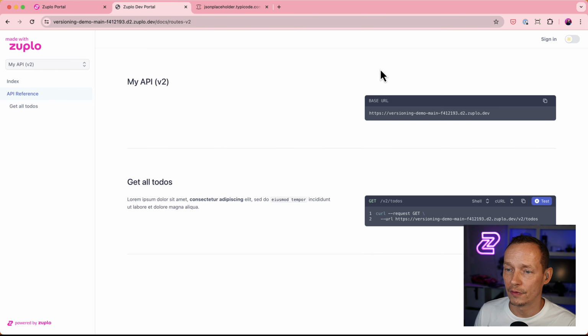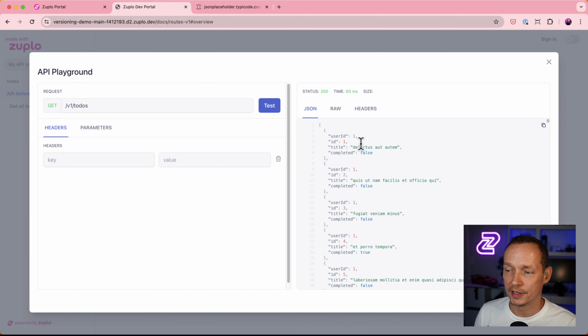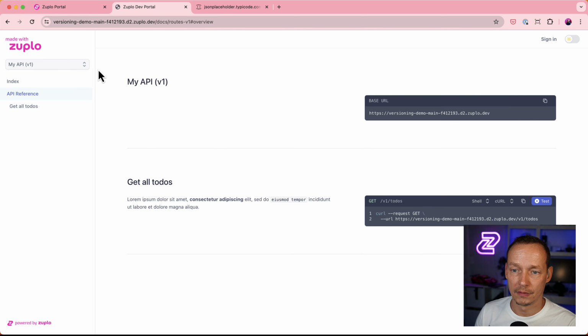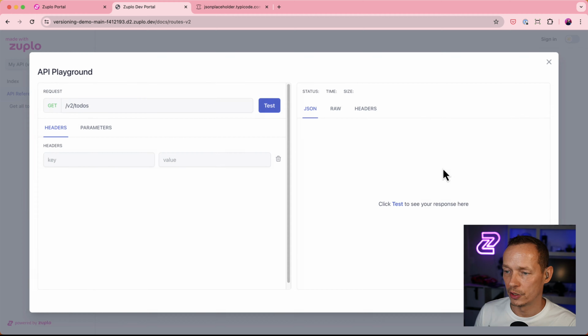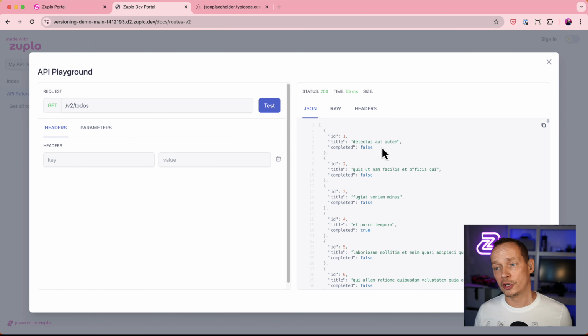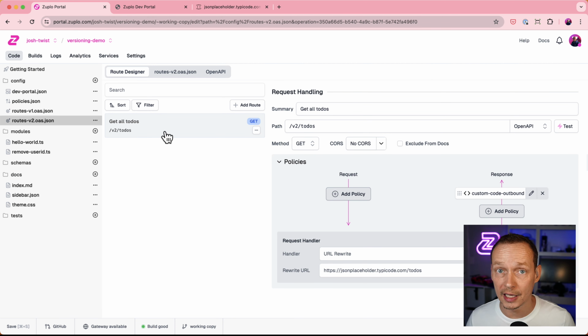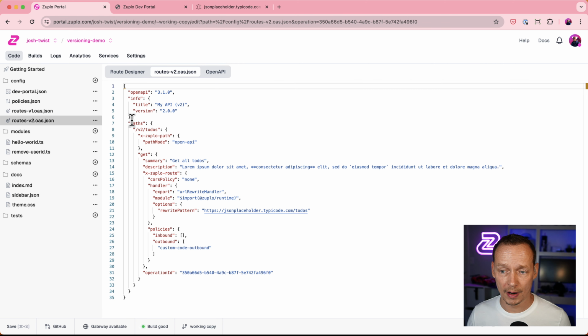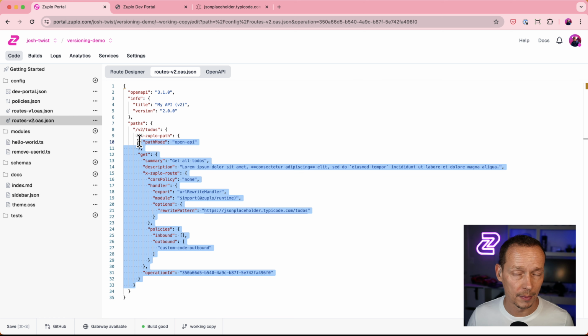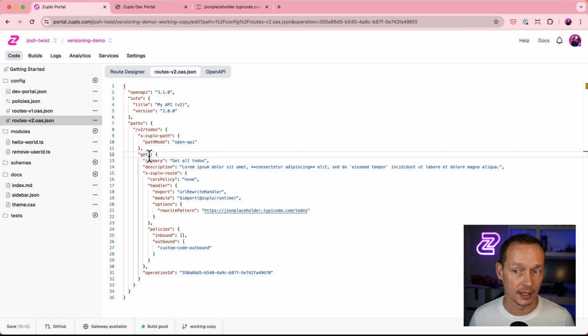So notice I've got 2 versions of my API actually using the same backend, but one is hitting v1, which has a user ID, and one is representing v2, which no longer has a user ID. The other change you should make here, but I don't have this, and I'll leave this as an exercise for the reader, is you probably should have schemas for your response types in your routes.json file, in your OpenAPI file here. You'd obviously want to modify the schema to say this one doesn't have a user ID, whereas the other one does. But that's how easy it is to think about versioning, especially URL-based versioning, when you're using Zuplo,